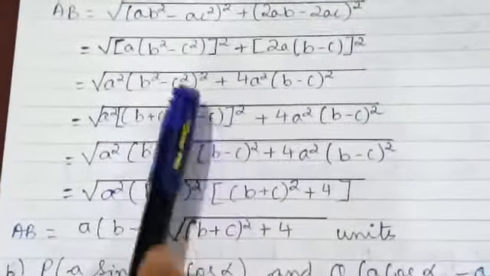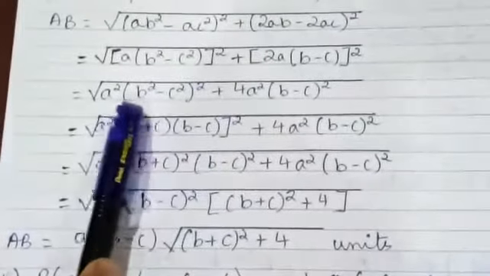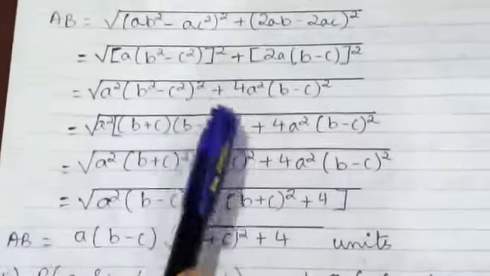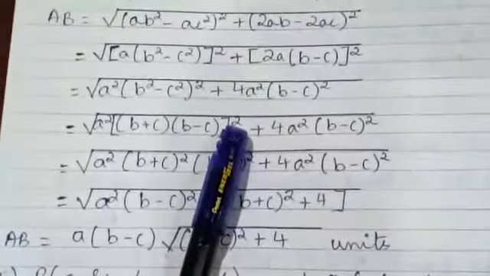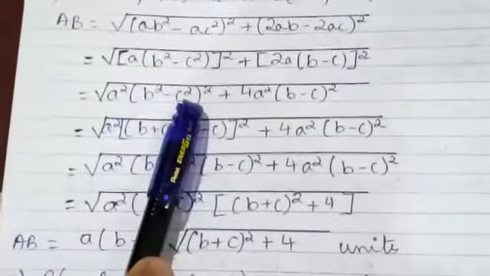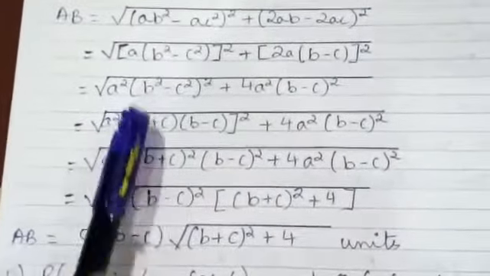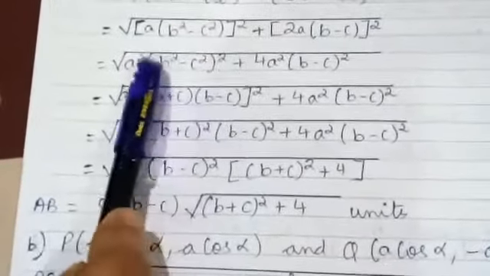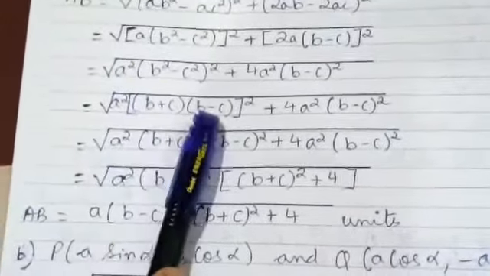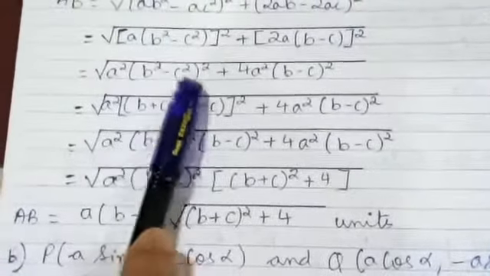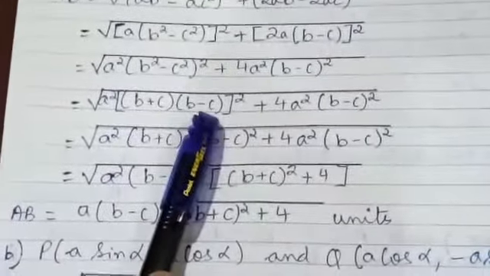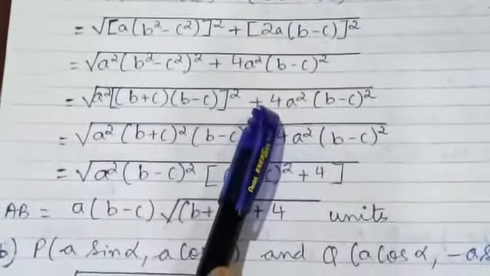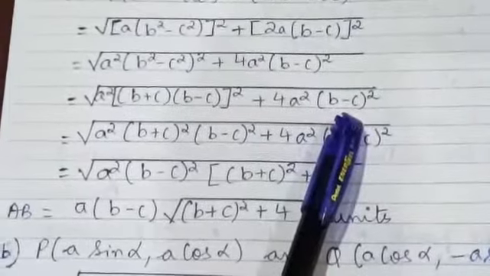Again, we need to be very careful with the power. Now this simple bracket is raised to the power 2. Here you can see the square bracket. I have opened and closed the square bracket and I have raised it to the power 2. And what do you have inside the simple bracket here? b² minus c². And b² minus c² can be written as (b plus c) into (b minus c). See here, b² minus c² is (b plus c) into (b minus c). Now this expression is squared. And you can see here (b plus c) into (b minus c), the whole squared. Plus 4a² (b minus c) the whole square.